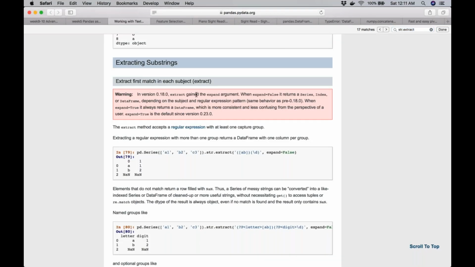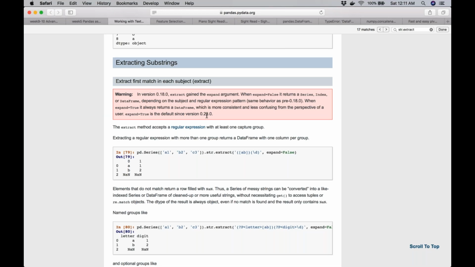Yeah. So from version point 18 onwards, expand is equal to true returns a series, index or a data frame, and with true it always returns a data frame. With false, it depends on how many capture groups you have. Whereas with true, however many capture groups you have, it will still return a data frame.